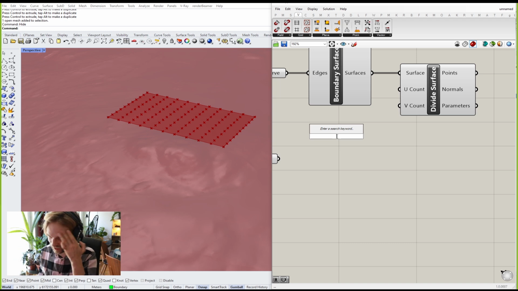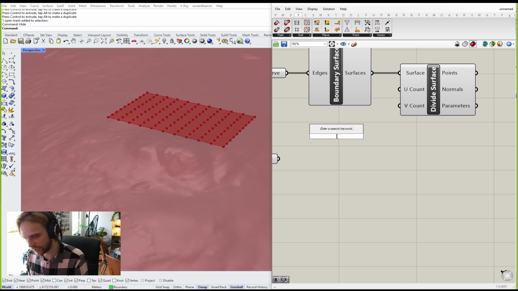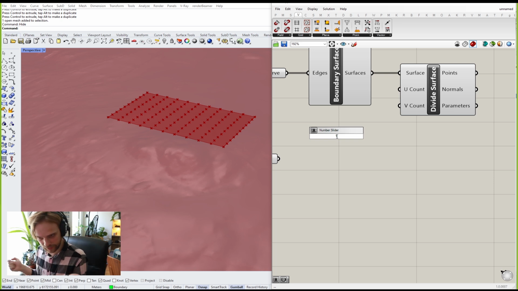I'm just going to teach you the smart way, and we will ignore the long way. The way you create a number slider in Grasshopper is you write the smallest number that you want to have in that number slider. So in this case, I will write 1. That's the smallest number. Then you write